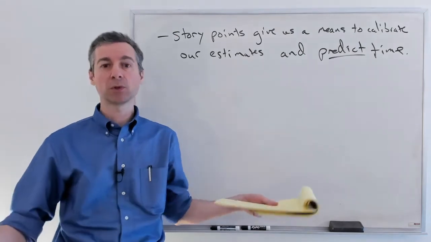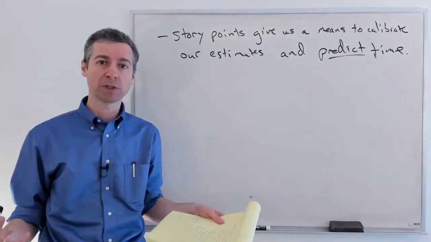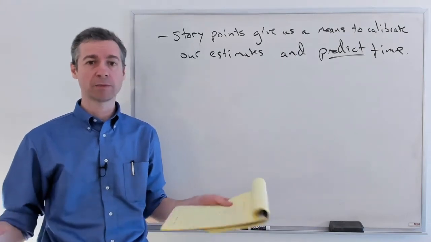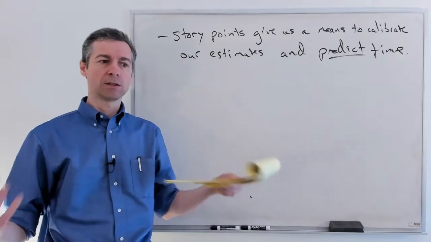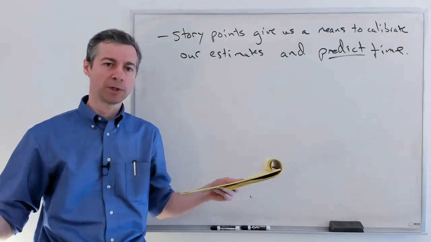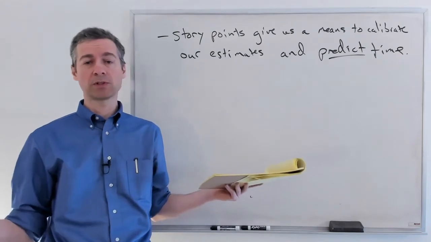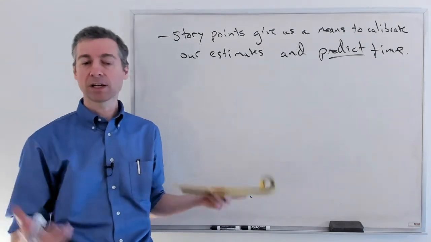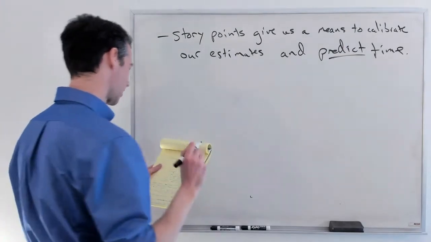Basically every sprint that we run is like a new chance to learn about our team's ability to get story points done in a certain amount of time. Basically, we're going to find out, in the last sprint we did this many story points. We had this many working days. We can get this many points done per day. That's great. That's calibration. It's that simple. But just to spell it out for everyone.